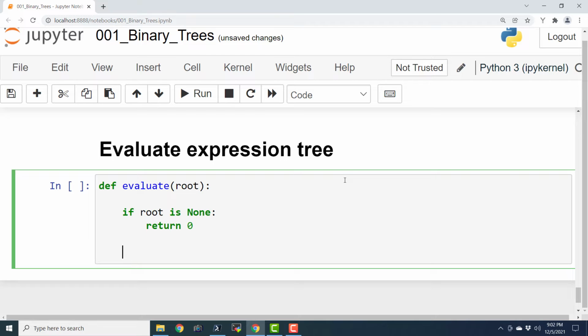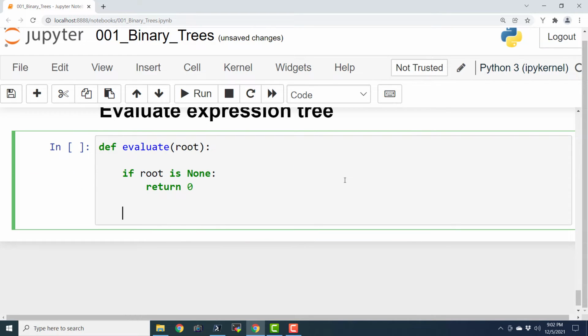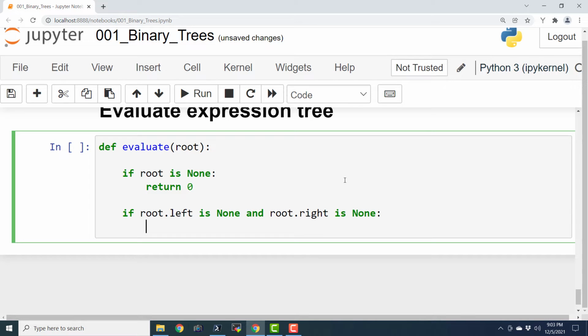So now let us see if the root node itself is the leaf node. So if root.left is None and root.right is None, in both the cases we can assume safely that it is the leaf node.